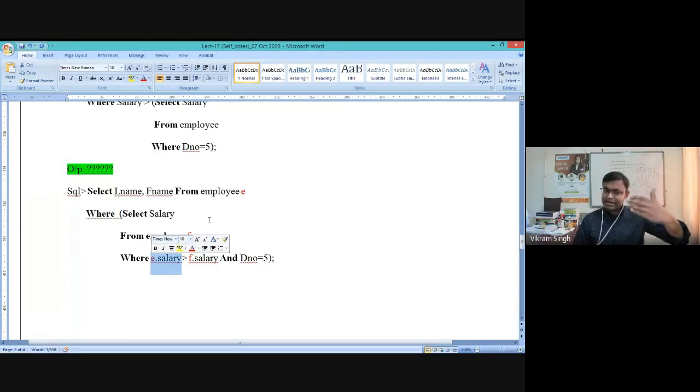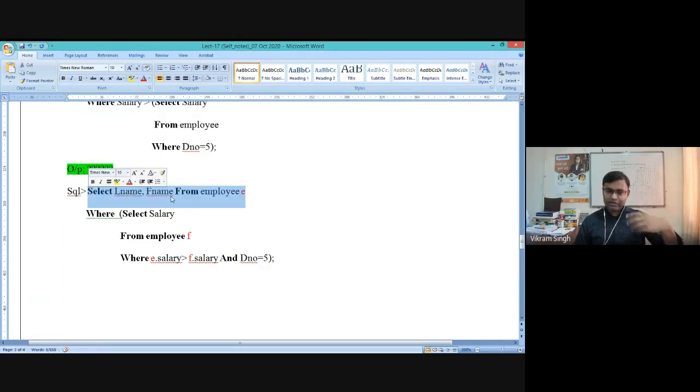तो इसका क्या हो रहा है कि it is like having a for loop kind of arrangement, जिसमें outer employee जो टेबल है जिसको हम e से रेफर कर रहे हैं, उसका हर एक टपल वैल्यू in the salary column will be called and used in the inner query to select a particular tuple. और जो भी टपल इस कंडीशन को क्वालिफाई करेगा, उसी का टपल सेलेक्ट होगा. और आउटर क्वेरी में तो ऑटोमेटिकली हमें एम्प्लॉय ई का ही रेफरेंस या कि उसी का आउटकम चाहिए होगा, उसी का फर्स्ट नेम लास्ट नेम आएगा. ठीक है. So this is how you can write a correlated query.